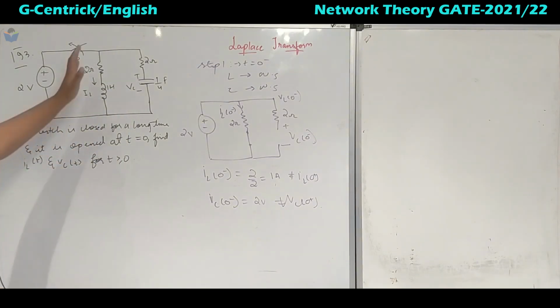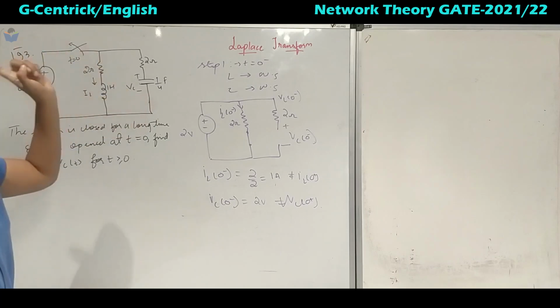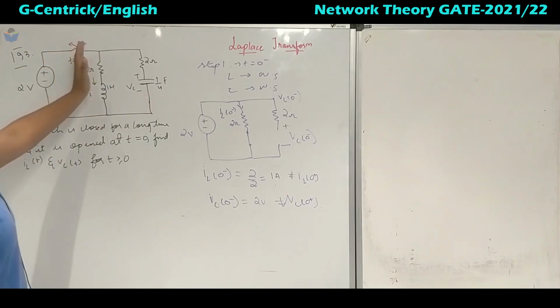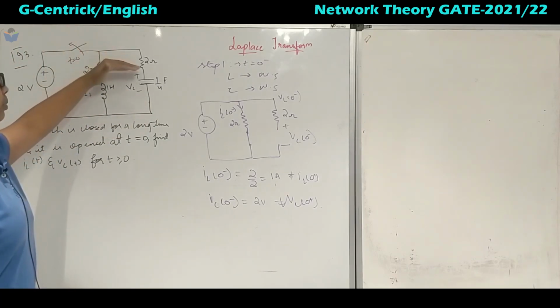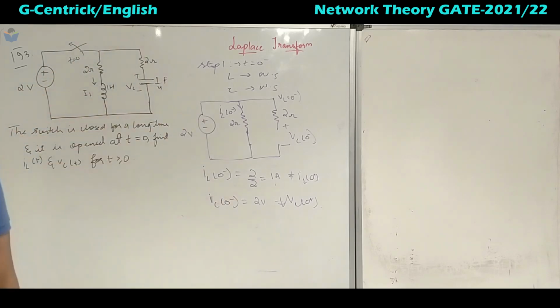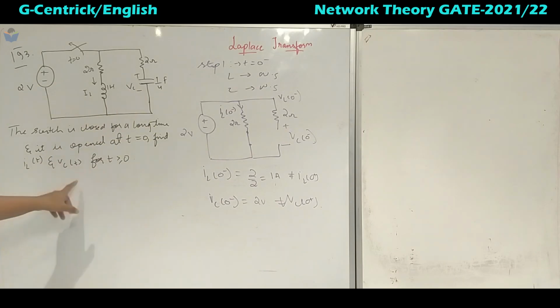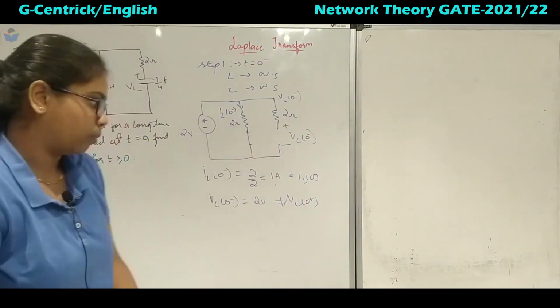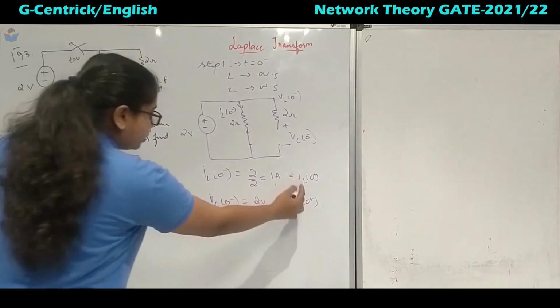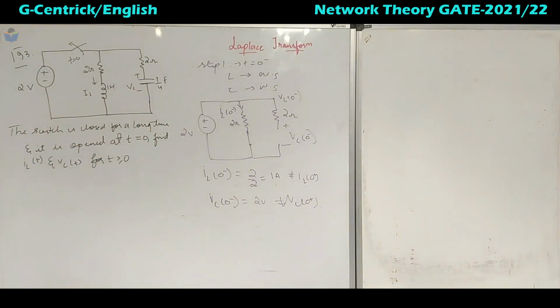Okay, so now if you see here in this case, the time constant, you cannot take out the time constant. At t is equal to 0, we will calculate the time constant at t is equal to infinite. So it is open. If you see, you cannot separate either the resistor, the capacitor or the inductor. So they have multiple time constants, where we will now use the Laplace transform. So this is not equal to IL of 0 plus and Vc of 0 plus.